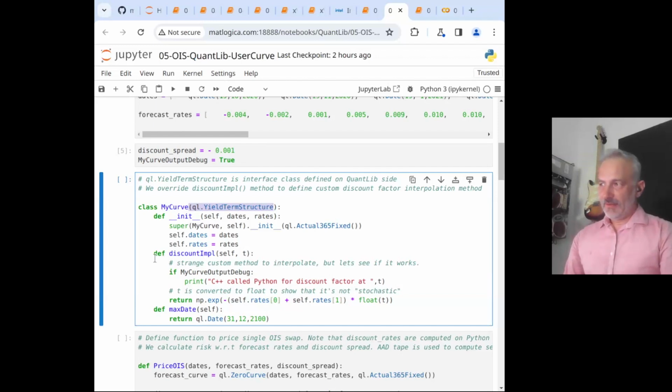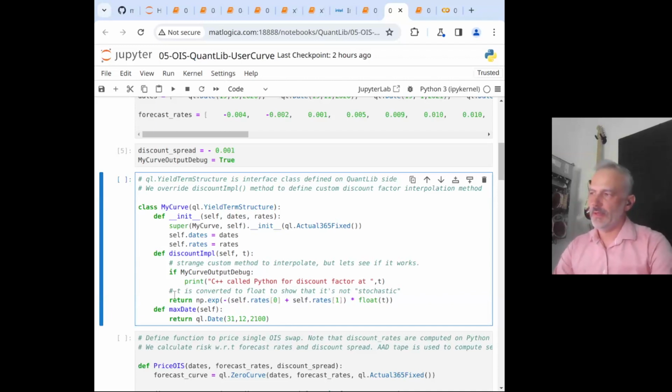And then inside this interface, we completely change how discount factors are calculated. So this is probably not the most exciting interpolation method you've seen, but it gives the point.